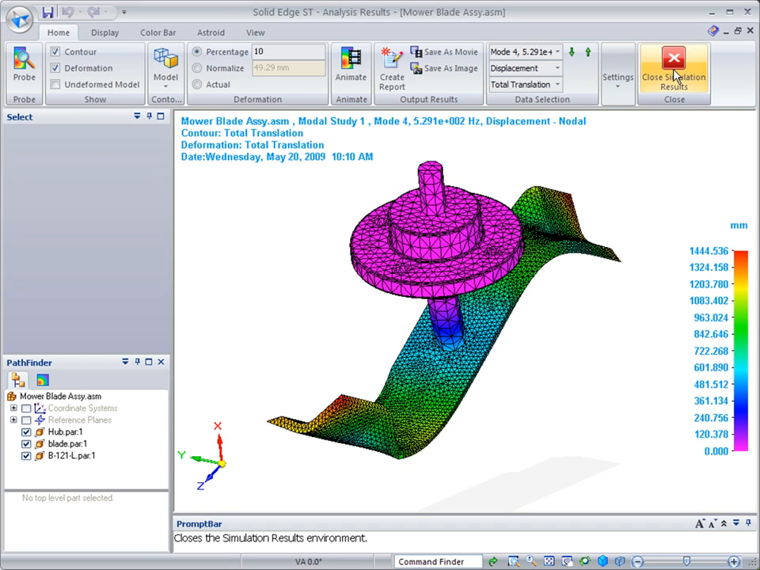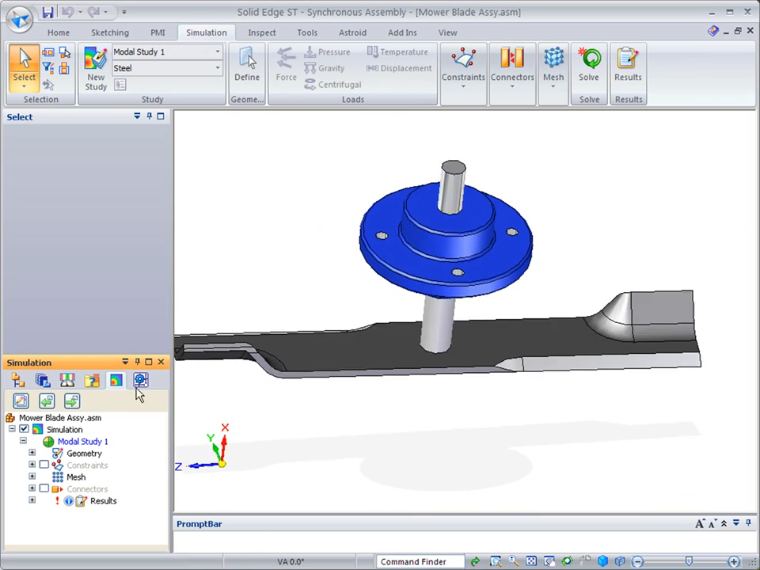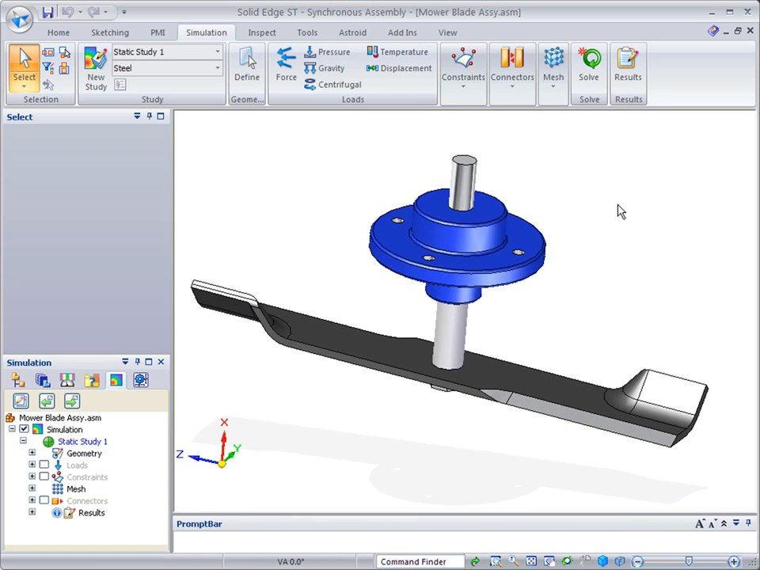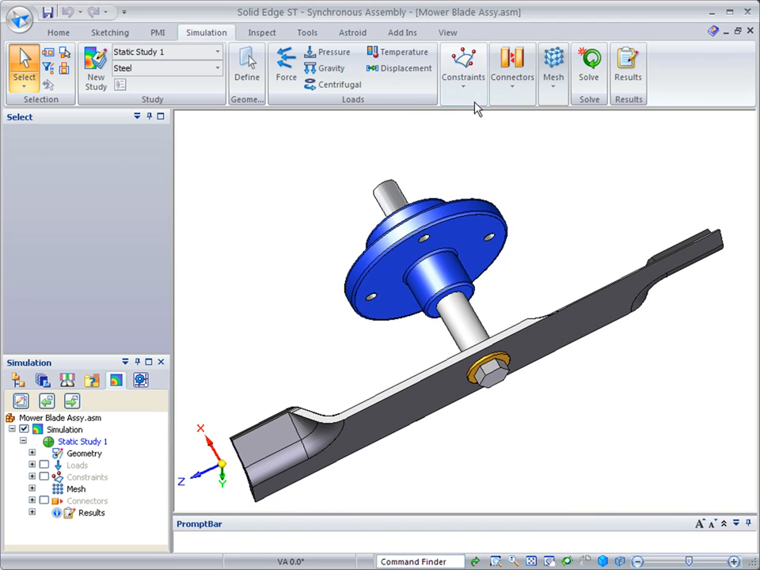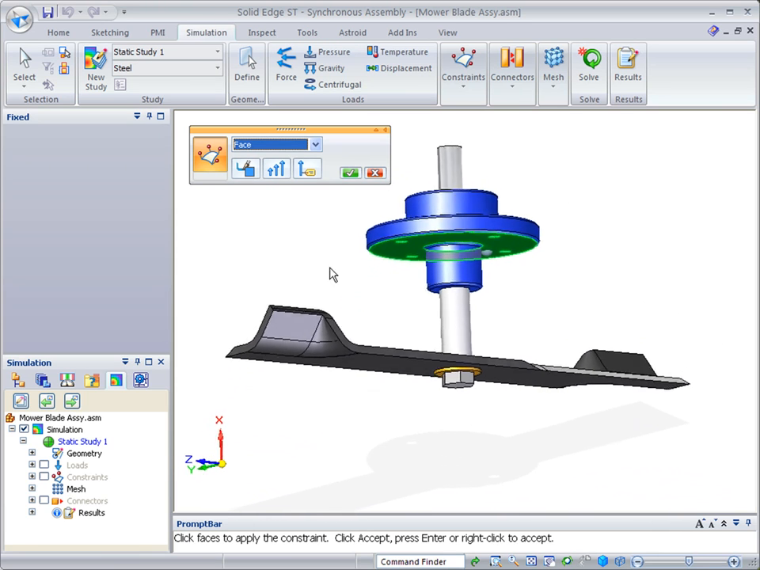The next thing that we want to do is to close the simulation results, and we want to go to our next study, which is basically a linear static study of this particular model. In order to show this, we're going to apply a constraint and a force. So let's go ahead and apply a fixed constraint again to the bottom of the hub and also to the